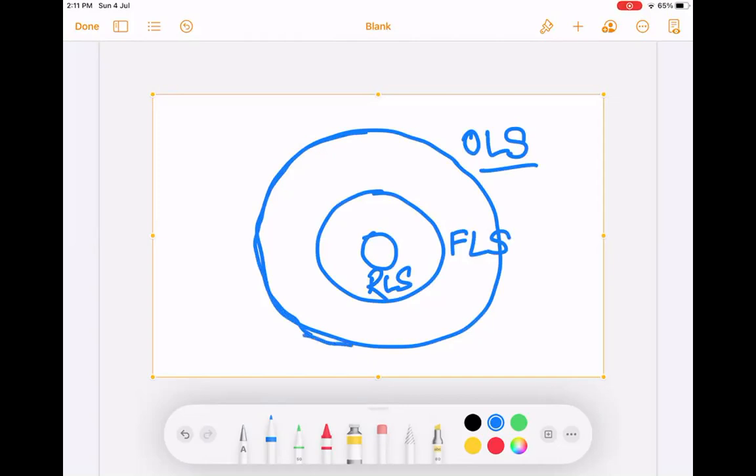Whether the table is accessible or not, whether the table is editable for that person or not, what operations are allowed for that person. If that table is accessible to that person, then we'll see which columns are visible and which of these columns are editable for that person. So first, OLS is whether the table is accessible or not, editable or not.